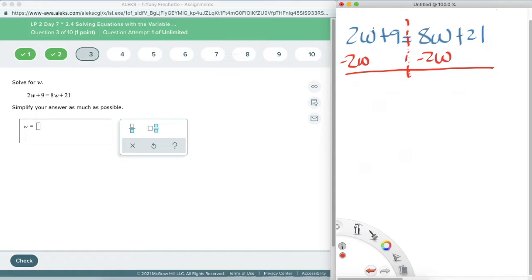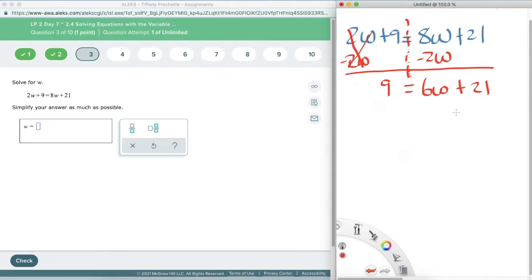Any number minus itself cancels out. 9 equals 8w minus 2w. You get 6w plus 21. All right, now we want to bring our constants together, although this is looking much more like just a two-step